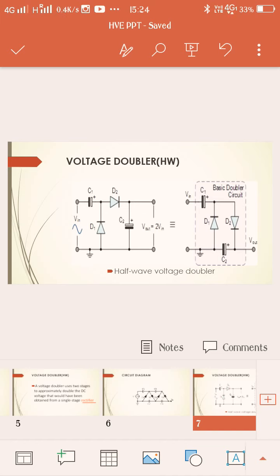On the next positive half cycle, the diode D2 is non-conducting and the capacitor will discharge through the load. If no load is connected across capacitor C2, both capacitors stay charged at their full values. It may be noted that both the diodes D1 and D2 have a peak inverse voltage of 2 Vm each.